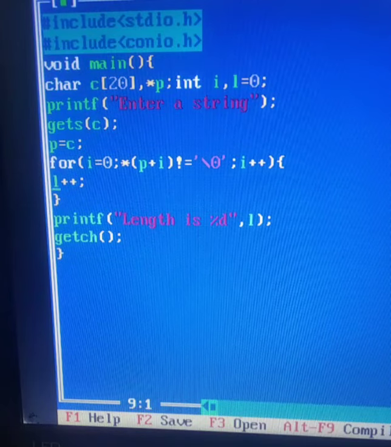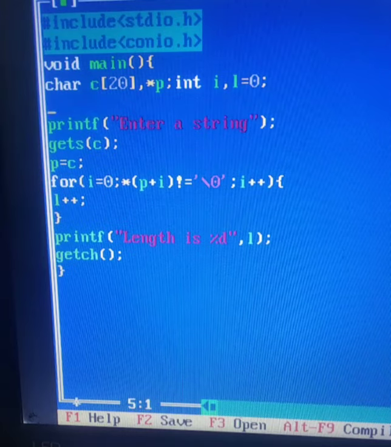So it keeps going till it reaches the end of the character array where a null character is automatically placed by C. So whatever length has been calculated will be printed here. Let's run this program. If I give a string hello, the length is 5, and exactly the length of hello is 5.